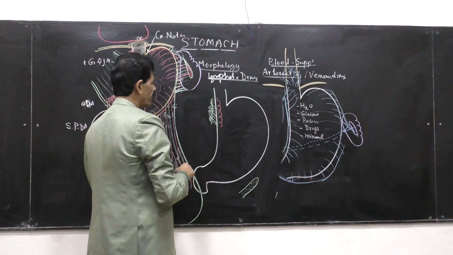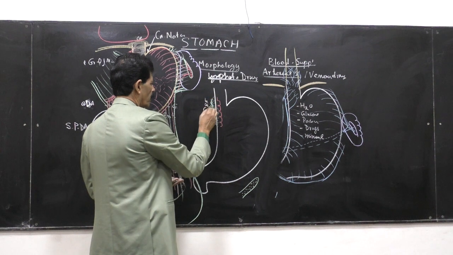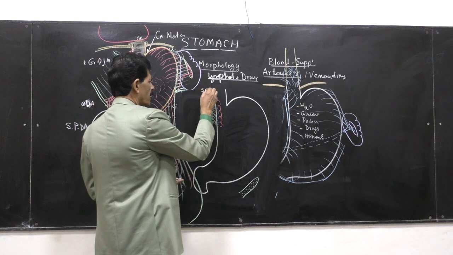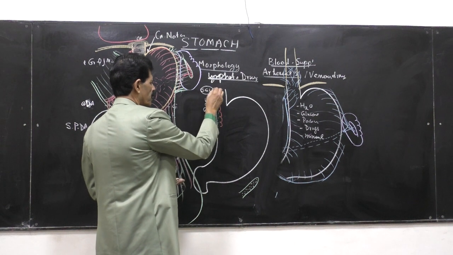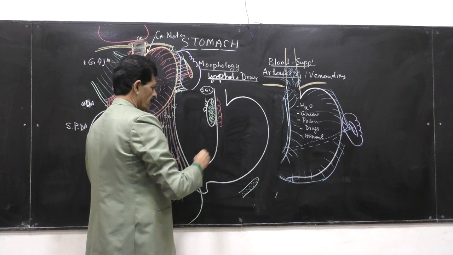So they are called the left gastric group of lymph nodes. Sometimes they are also called superior gastric lymph nodes. So this is the first group draining the stomach